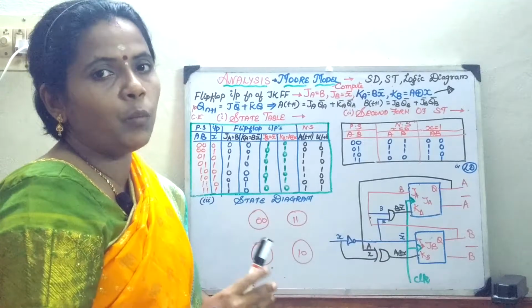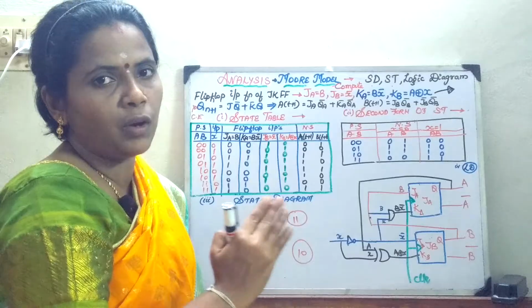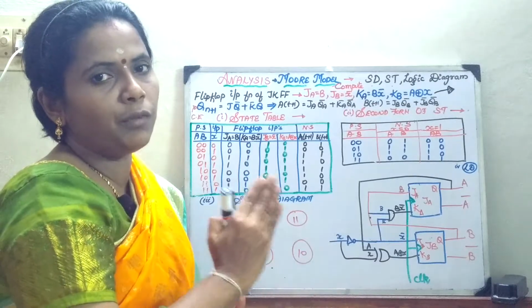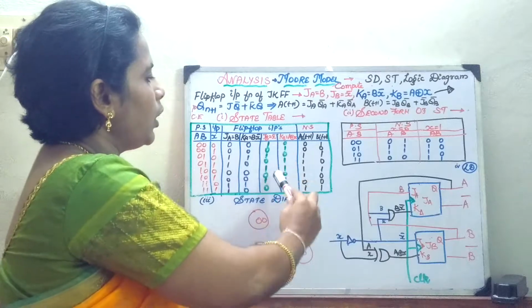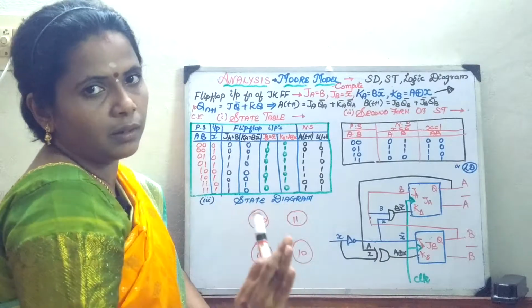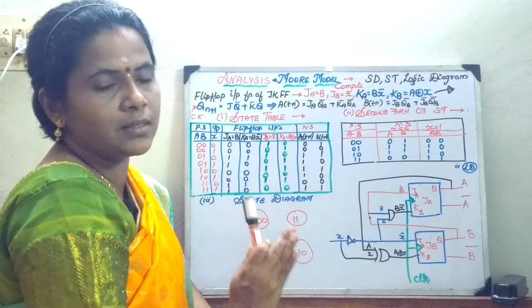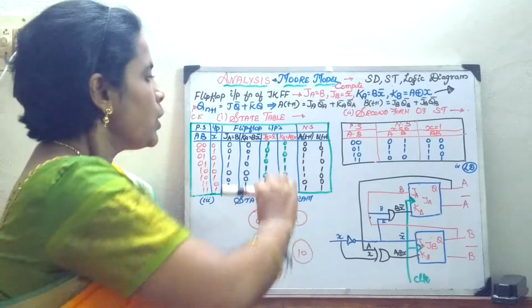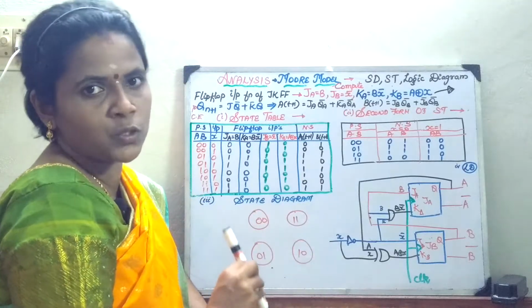In the last problem what we have seen was the D flip-flop. D flip-flop follows whatever the input data, it follows the output. Whereas here the expressions have been given, so separately you are putting it and keeping it as such. In case of your D flip-flop, Qn plus 1, that is the characteristic equation, is equal to D. So the same data can be copied in the next state, but here it is not so.